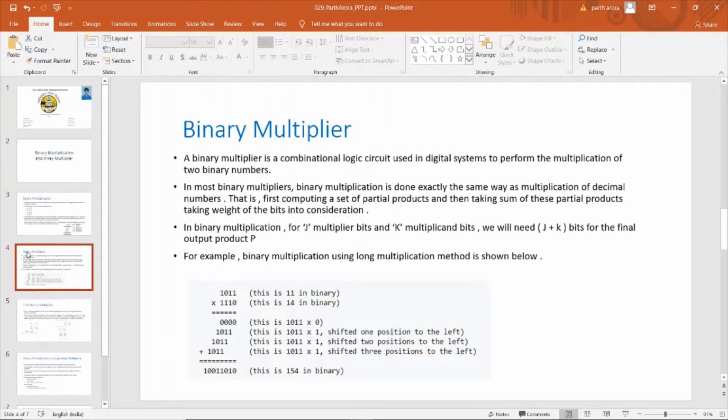Now let's move on to the binary multiplier. Any combinational circuit that is used to perform the multiplication of binary numbers is a binary multiplier. A few microprocessors like the 6502 and 8085 use software multiplication, that is, multiplication done with just addition instructions.